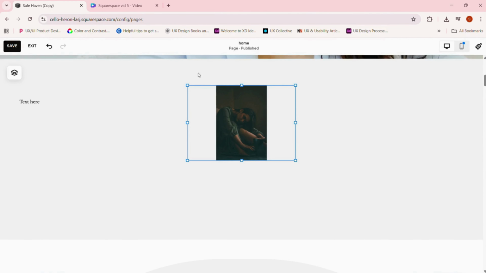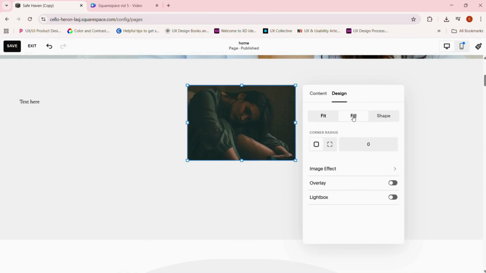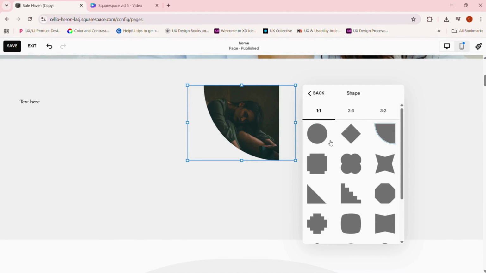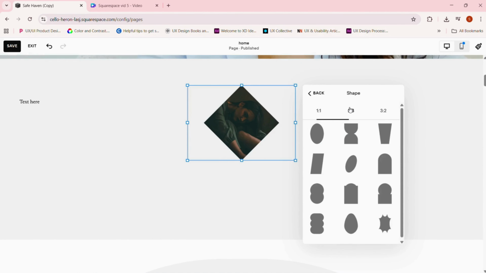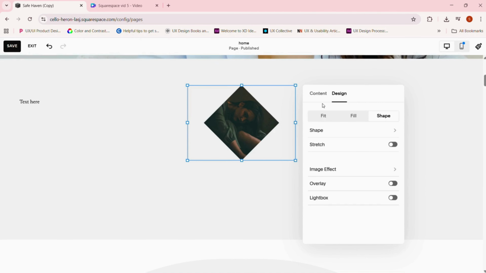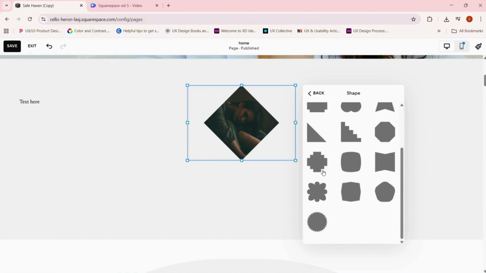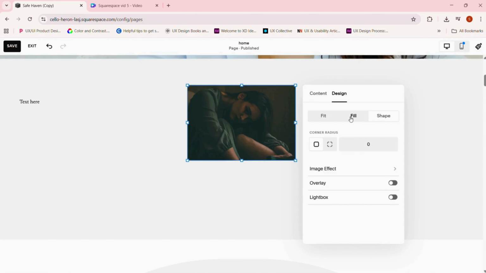If you want to edit an image, you can click on the pencil button, and it's very easy for you to edit. You can fit the image, you can fill the image, you can add a different shape frame to your image. You can select from the already existing frames that Squarespace is giving you. If you want to add padding to your image, you can do that as well. You can either add padding to each of the corners, or you can add padding together for all the corners.